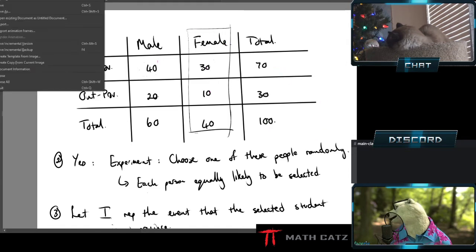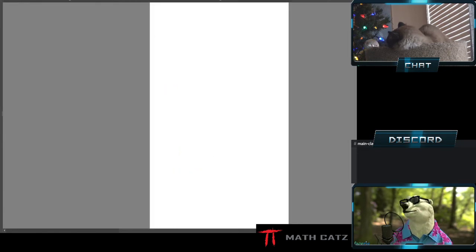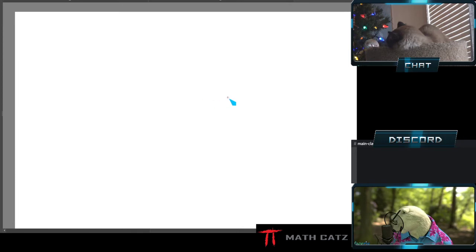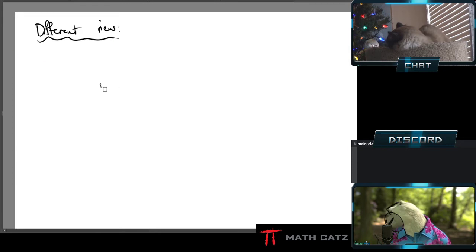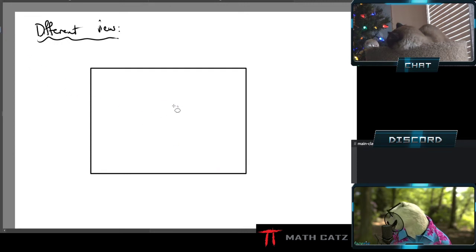We can see this in a different way, which I don't necessarily think is better in this case, just different. When it comes to conditional probabilities, I don't necessarily want to look at a Venn diagram, but I'll show you that as an option. Not doing a full question, but let's just say here, a different view of that same situation. Let's set up the Venn diagram, nice and big. This is just one way of setting up the Venn diagram.